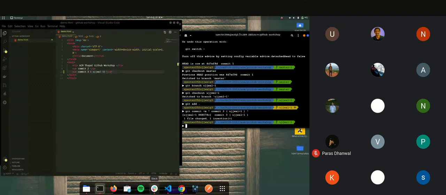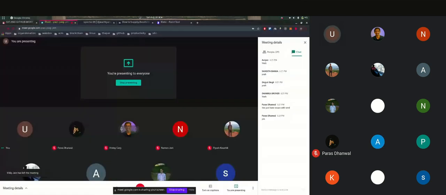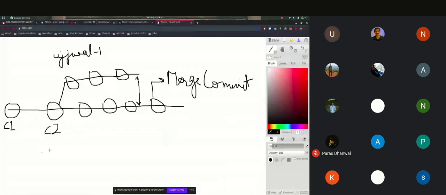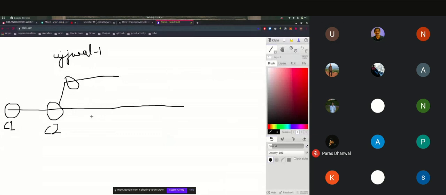Okay, so let's debug what the state presently is. We had the initial commits on the master branch, and then I made the third commit on the user one branch. So the master branch is unaffected, and we are making changes to the code, right?